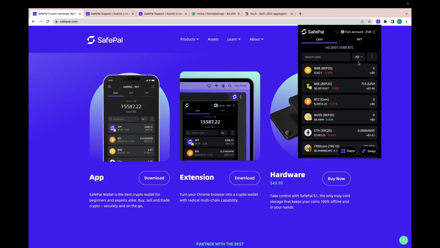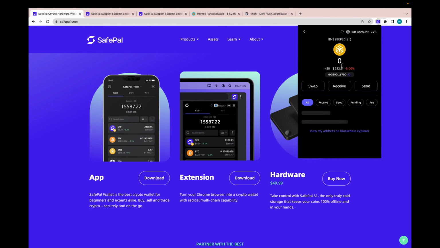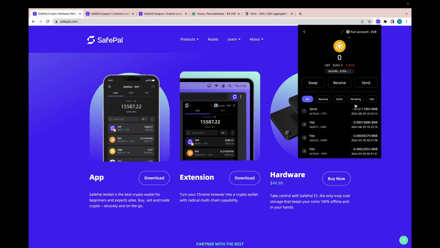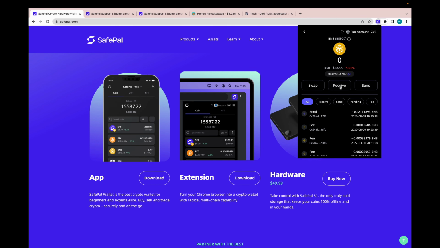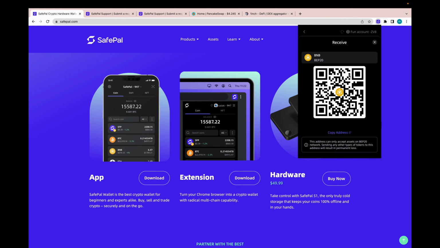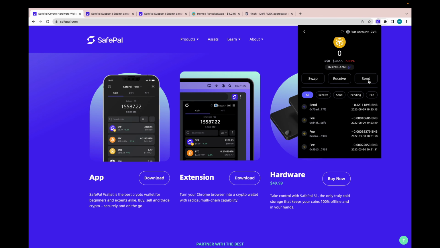So let's talk about sending and receiving coins. So we have 3 tabs here. We can swap, which I showed before. You can send or receive. So these are previous transactions that I made. And if I want to receive coins, this is the wallet address. And if I want to send coins,